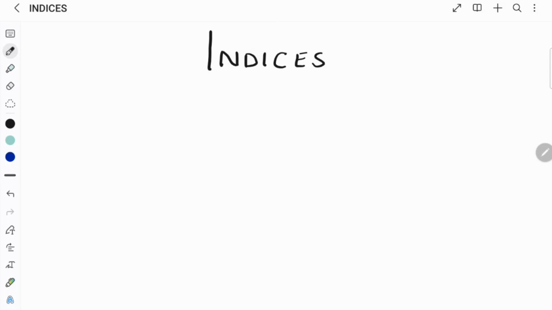Hello everyone. Today we are doing the topic indices for the non-calculator paper. That is IGCSE paper 2 and O-levels paper 1. First of all, I'll tell you some rules of indices that will be helpful for you whenever you solve past paper questions. Alright, so the rules of indices are: